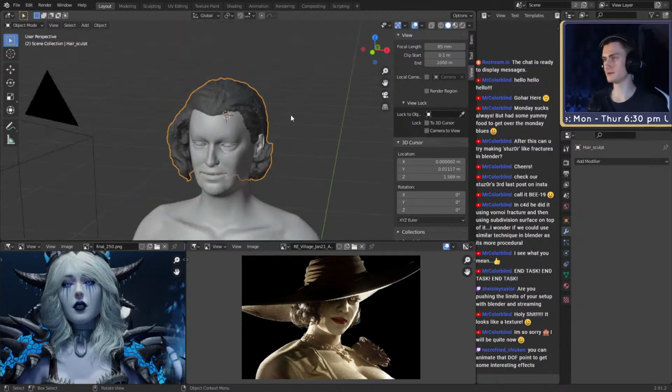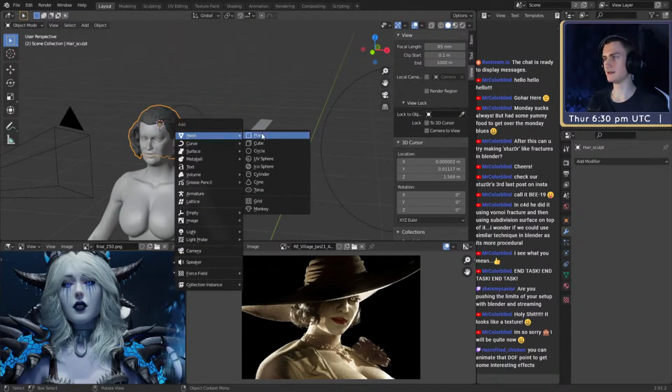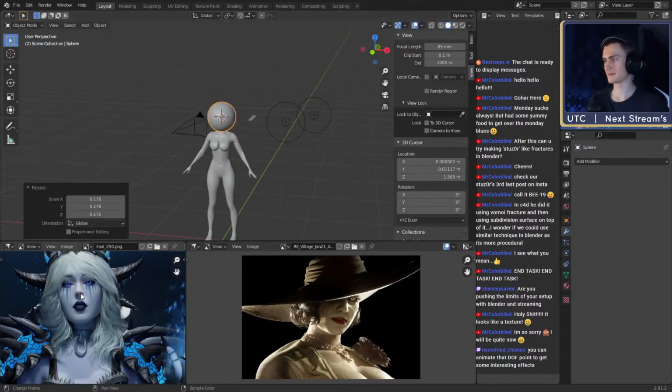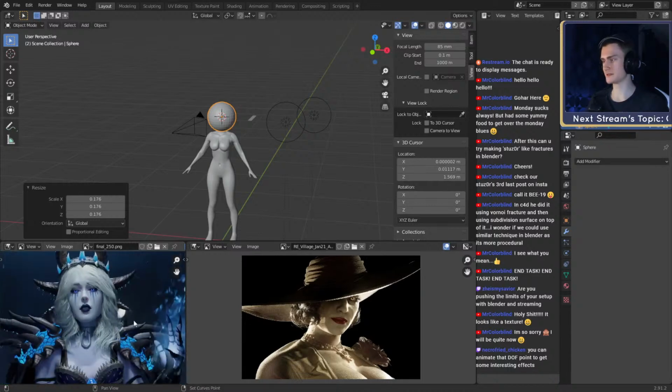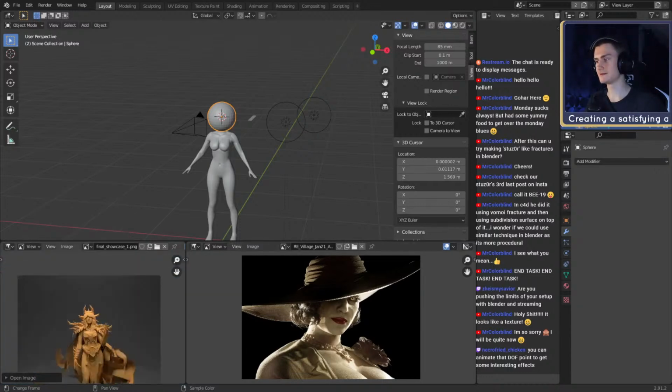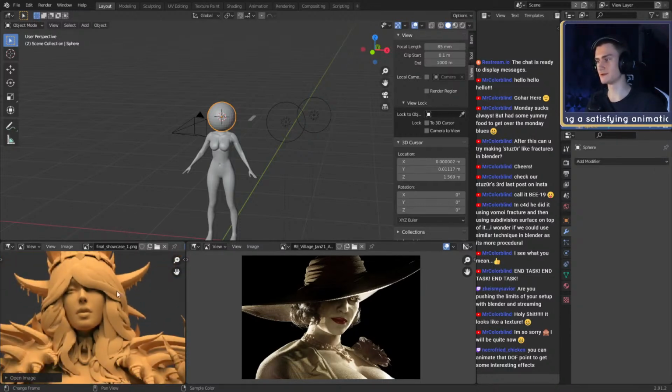For example, if you go in here and make a new UV sphere. Oh, that's quite big. Oh, of course, what I wanted to show you is the solid view. If we look at this, you can see that's the solid view. Those are all the texture planes that I put onto this character. They all have a certain hair texture.